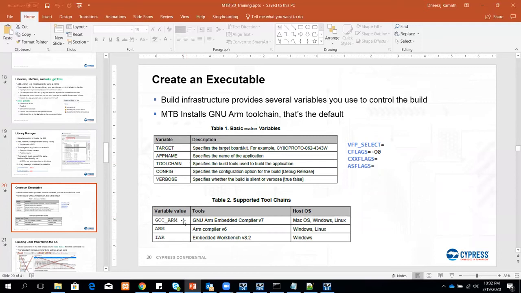But we also support other tool chains like ARM and IAR, and you need to download it separately and then provide the path to the tools in the makefile, and that's how you can use other tool chains. All right. And also make note of what platforms are supported on. So not all tool chains are supported on all OSs, so you need to look into that.